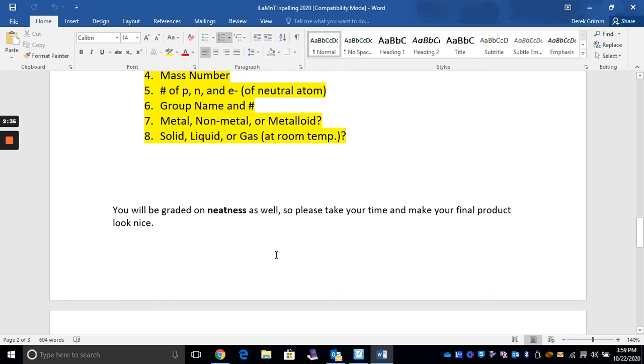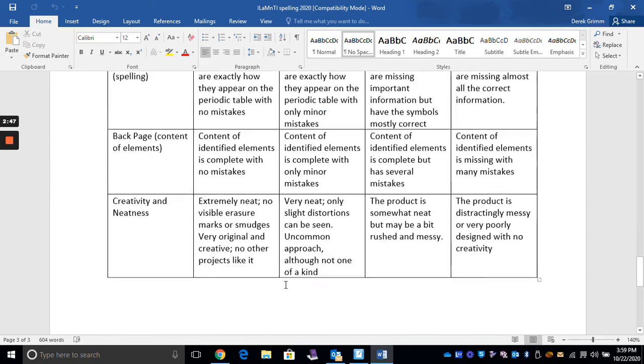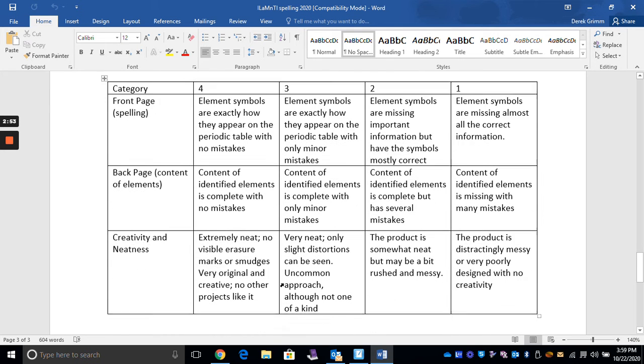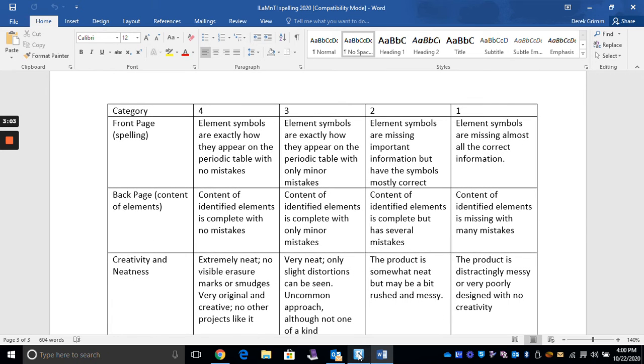Also, I'm going to tell you guys, you're going to be graded on correctness and also neatness. I want these looking beautiful. Everybody can see your creativity and also your correctness with the periodic table. You can see here in the back, and again, you'll have this piece of paper in Canvas Calendar, in Canvas modules. Here is your rubric that you have, 4, 3, 2, 1, on is it your spelling, front page, your back page, and creativity and neatness. So to show you a few examples,